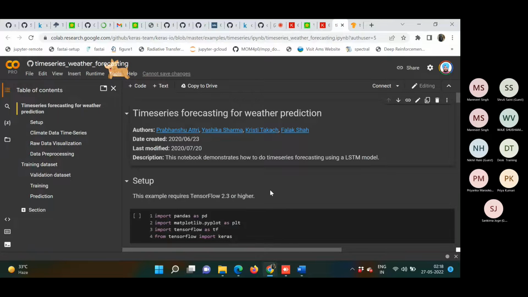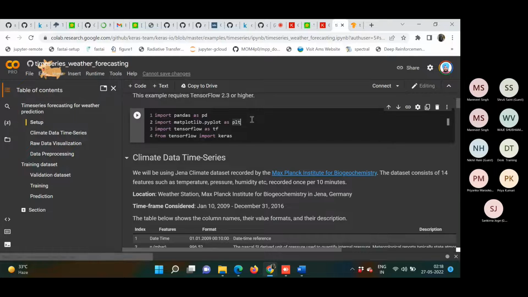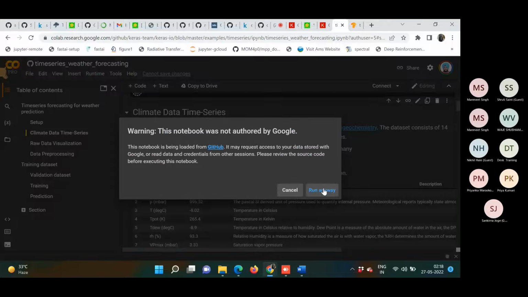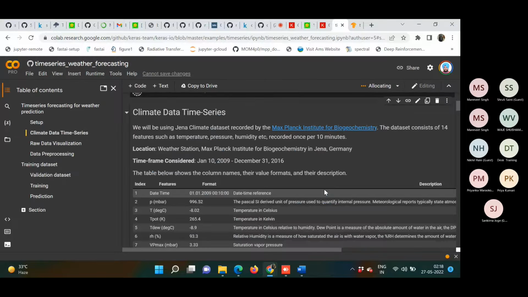Yeah, so this notebook requires, okay, so let us import the libraries. In this example, they are using climate data time series,